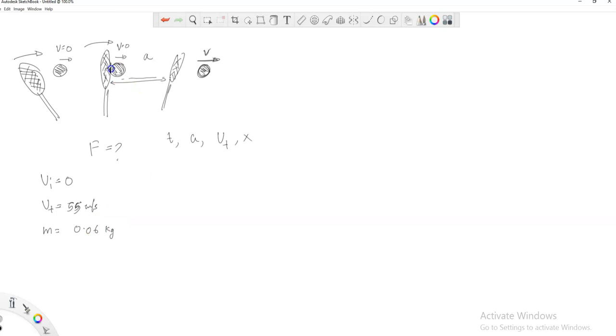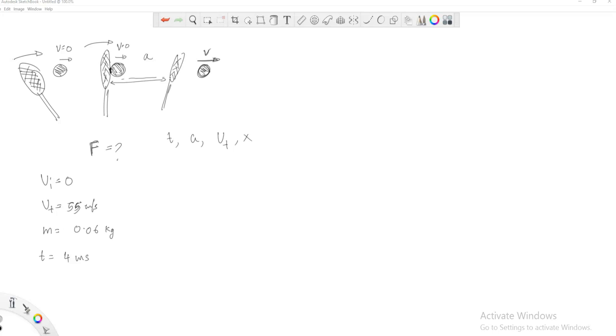And it's in contact with the racket for a time interval of 4 milliseconds. Now the question is, estimate the average force on the ball. How much force are we applying? We can use kinematic equations, but let's see how to do this